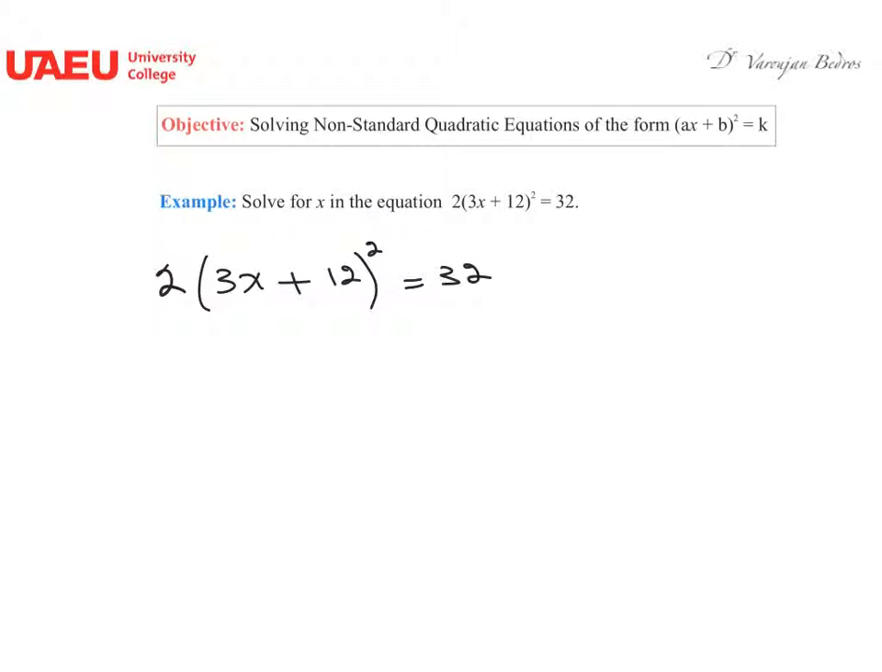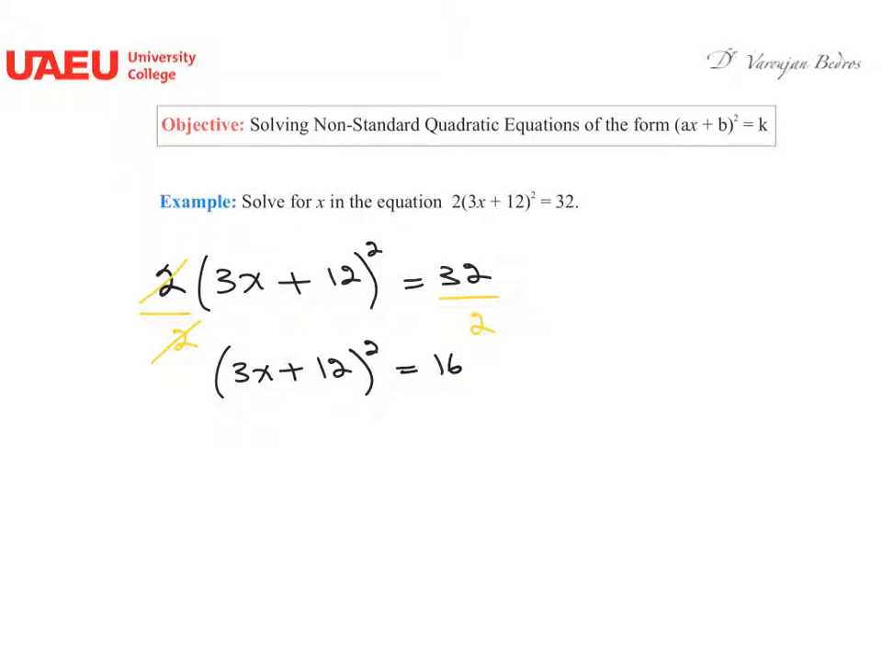First of all, you should notice that you cannot do the multiplication from outside to inside here because there is a square that should be performed first. But we can start dividing both sides of this equation by 2, which simplifies the equation into 3x plus 12 squared equals 16. And now we can follow the same steps as we have seen in the previous video, which